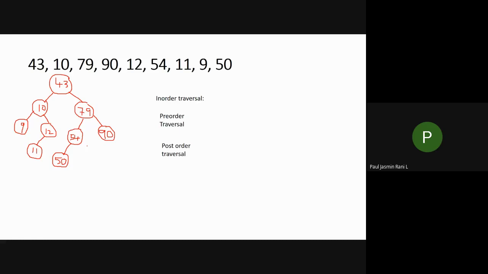Obviously, you have to traverse with the help of your address only, but whether you go left or right depends upon the element present in your node. If you take any node in your binary search tree, you have 3 fields: one is your data field, another is your left address field, and the other is your right address field, isn't it?